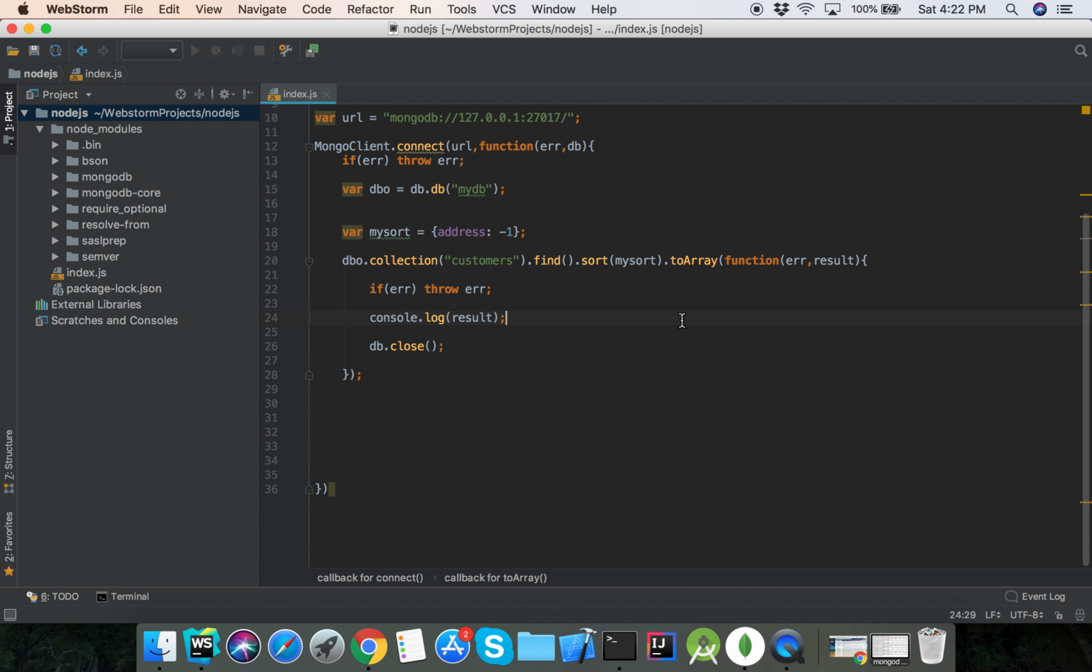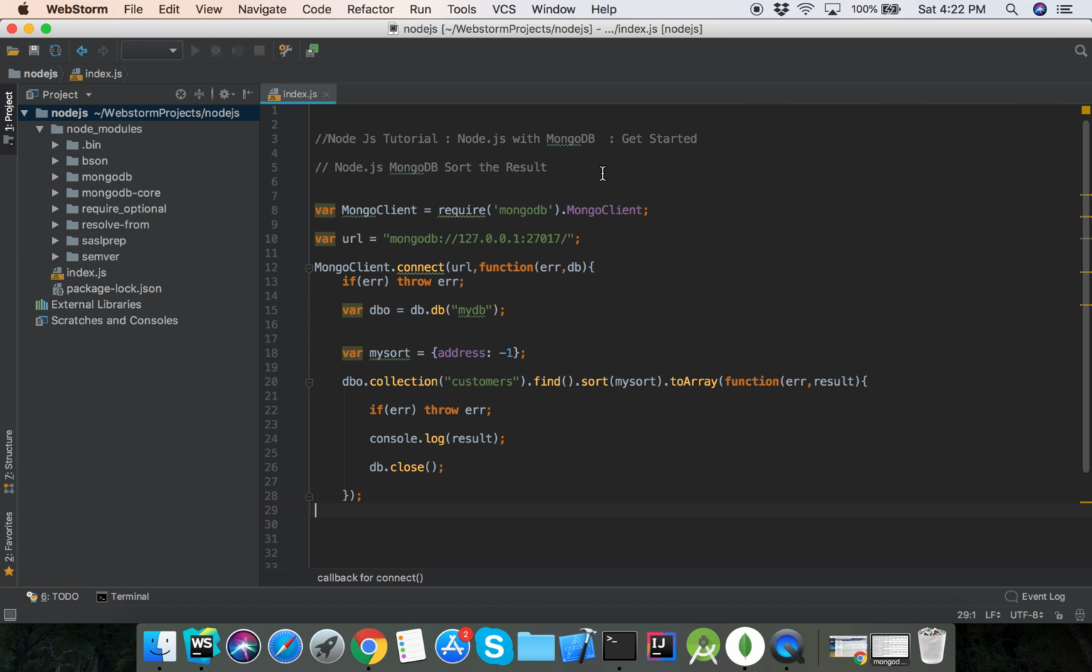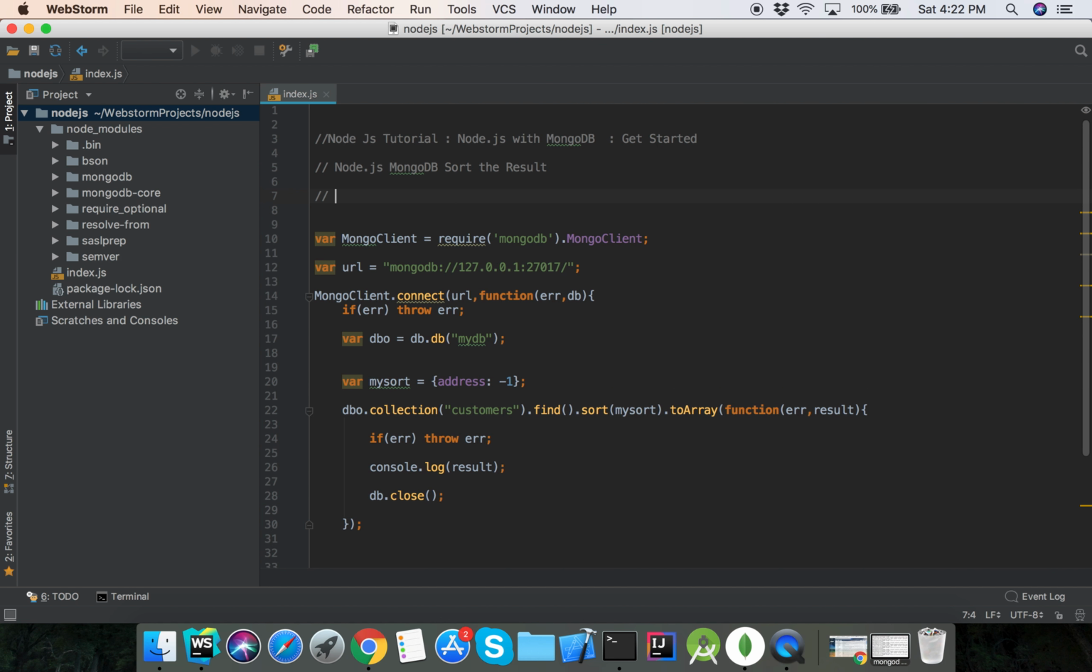So we can sort by ascending or descending: 1 is ascending and -1 is descending order. One is ascending, and -1 is